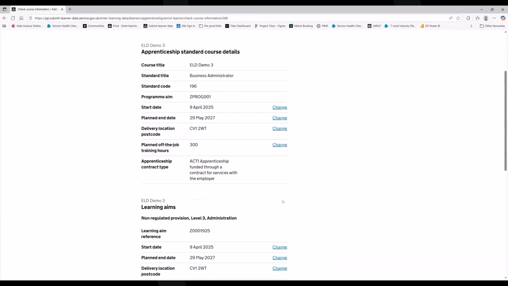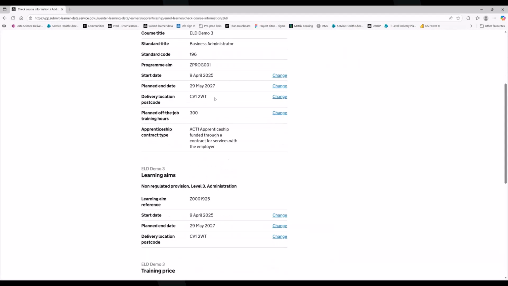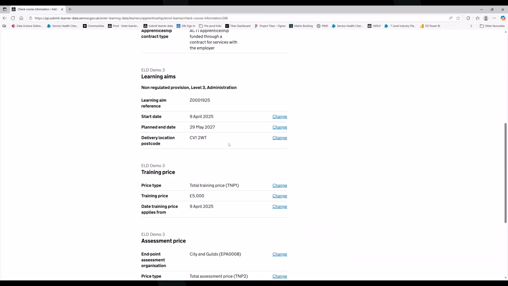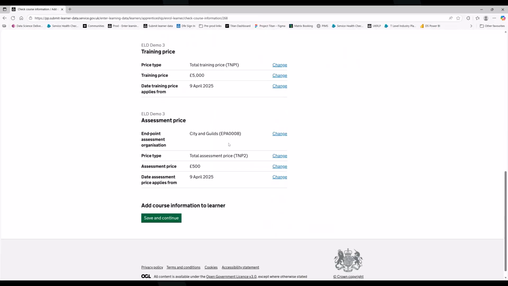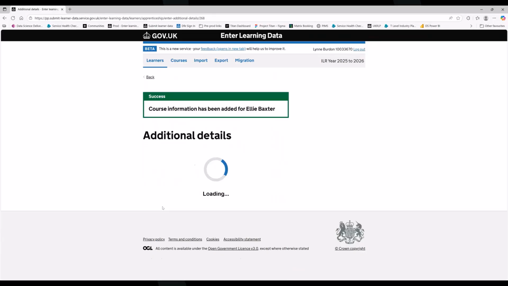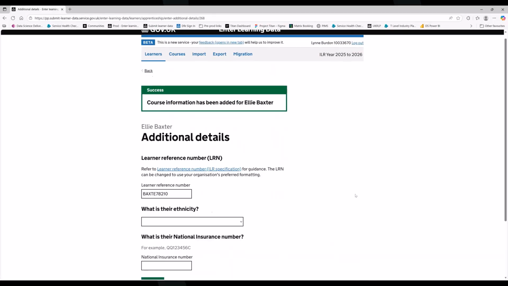On this page, it will just give you a summary of what you've selected. It's defaulted in some of the information for you. So because you've chosen an apprenticeship standard course, we've created the ZPROG aim for you. You don't need to go in and do that. And the same with the apprenticeship contract type fields. So where we can, we've tried to populate information for you to make life a little bit easier. And if I save and continue, this will then take me back through to the learner journey to fill in